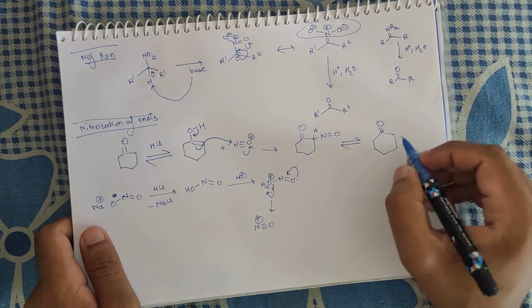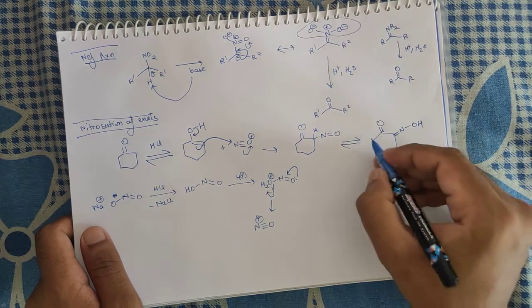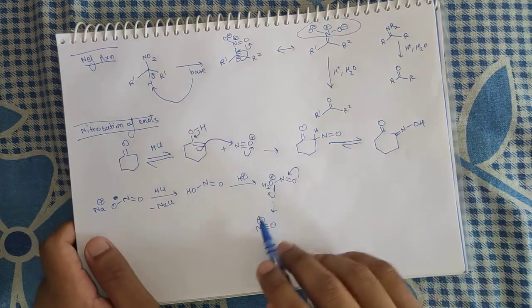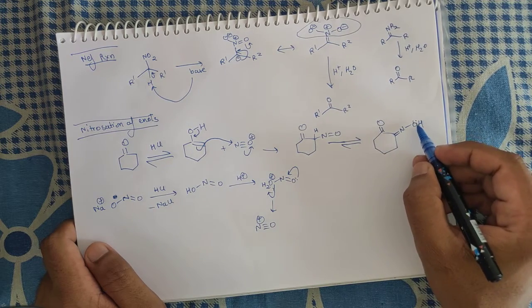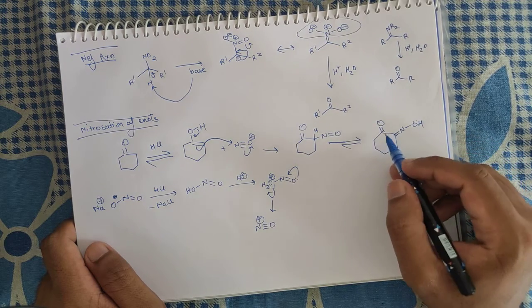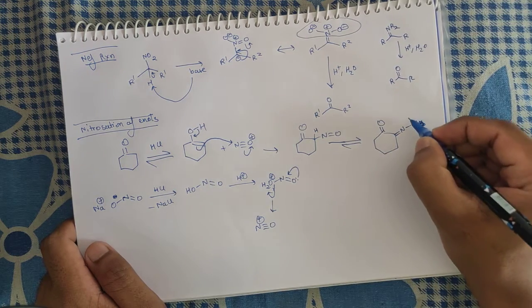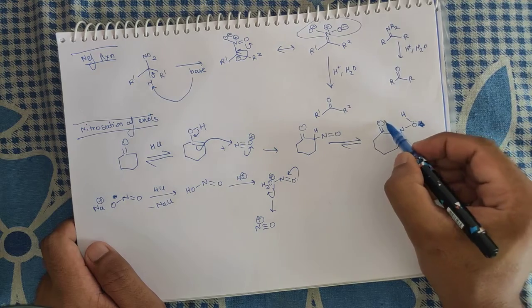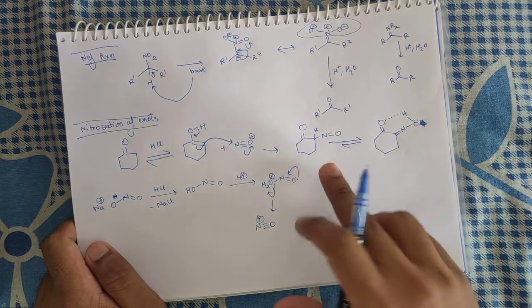Here we have double bond oxygen and here we have double bond nitrogen, then OH, and this form is more stabilized than this form because there is conjugation between this oxygen lone pair, this carbon double bond nitrogen and this carbonyl group, and the other factor is that we have hydrogen bonding between this hydrogen and this oxygen, so this form is very much more stable than this form.